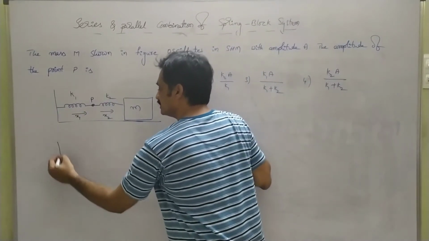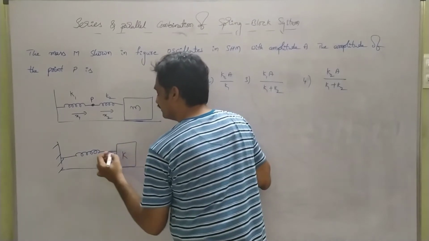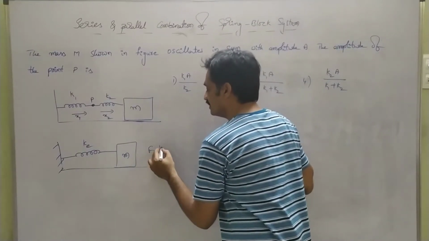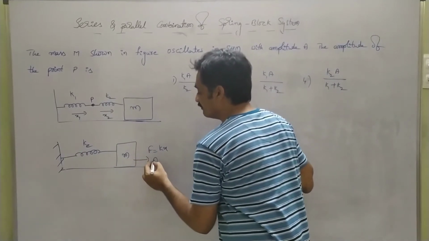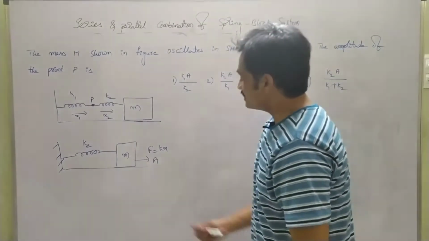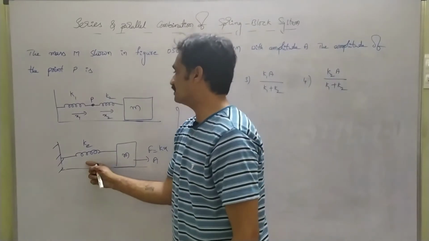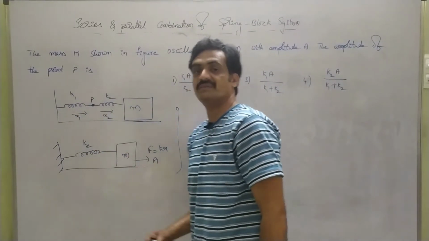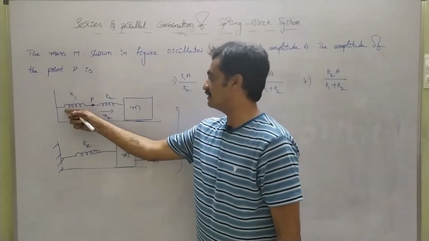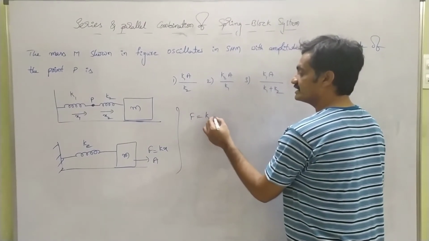Now based on these two springs in series combination, we have to represent the amplitude at this point. If we consider the combination of these two springs as a single spring with an equivalent force constant K suffix E, then we can represent that F equals Kx, because the body is oscillating with the amplitude A. This means the force acting in the combination of the springs is equal to the force acting in the case of the first spring as well as the force acting in the case of the second spring.